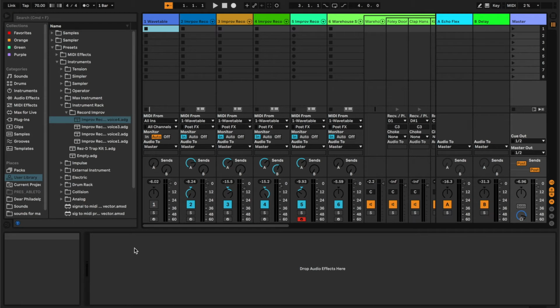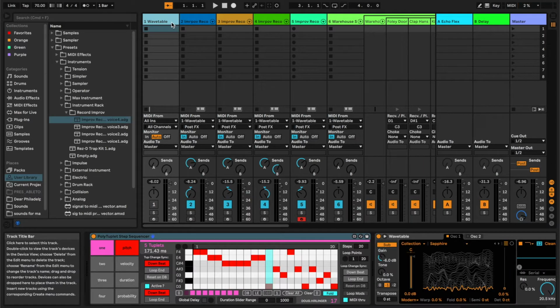Okay, I'm going to give you an easy way to record performances or improvisations using the PolyTuplet step sequencer without using automation. As mentioned in the documentation PDF, I once had every little button and item on this device